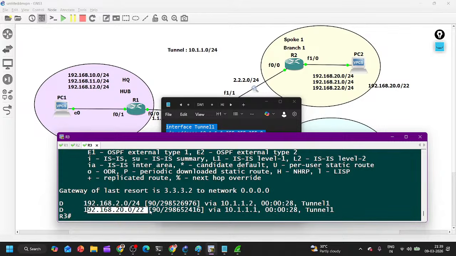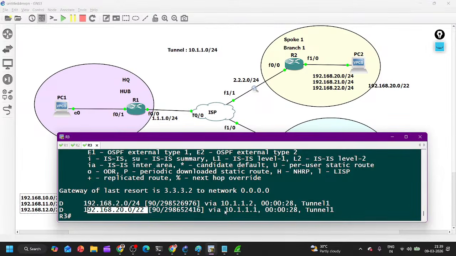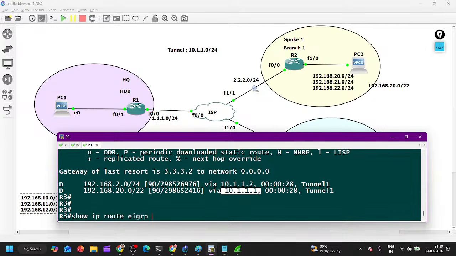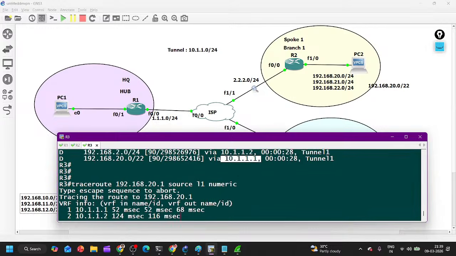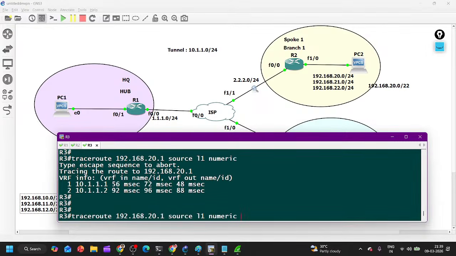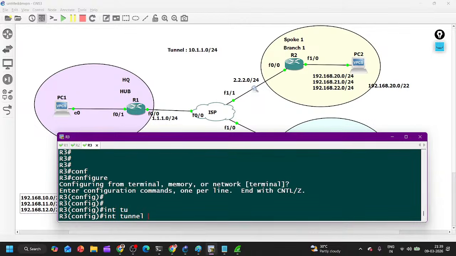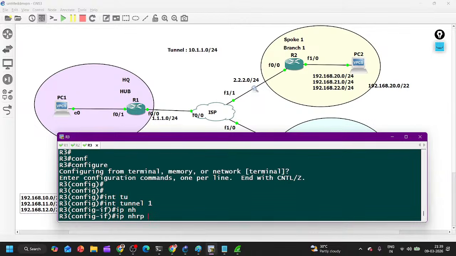Here you can see only the summary address is coming, right? These loopbacks are not created in the headquarter now. Great. Summary address is coming from branch 1. So if you traceroute again, see the traffic is going via headquarter. Now we can enable DMVPN phase 3. Here, interface tunnel 1, IP NHRP shortcut,